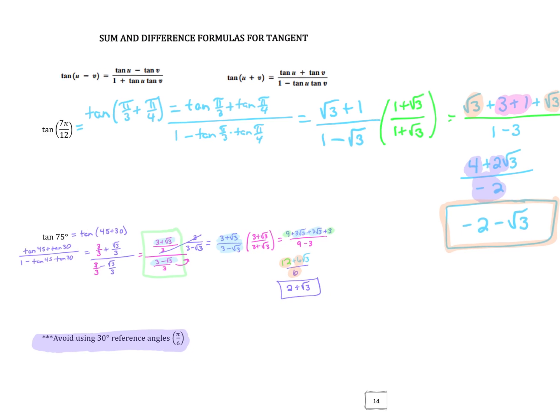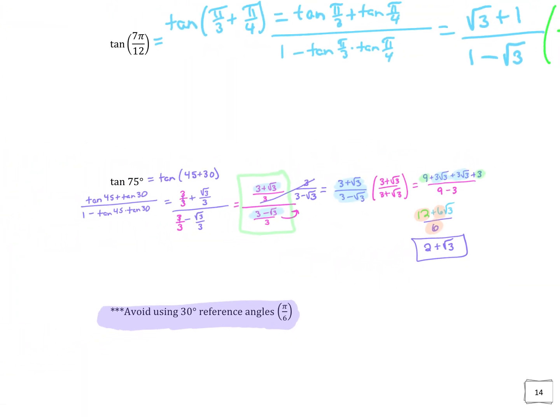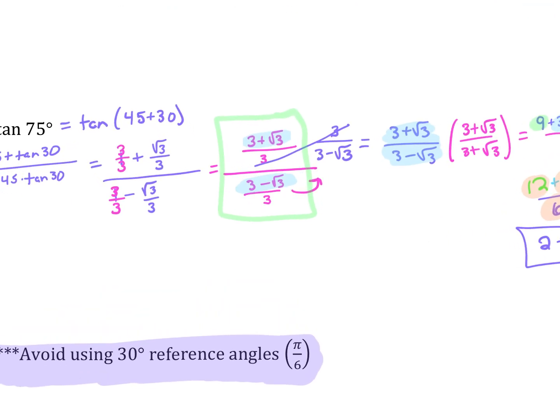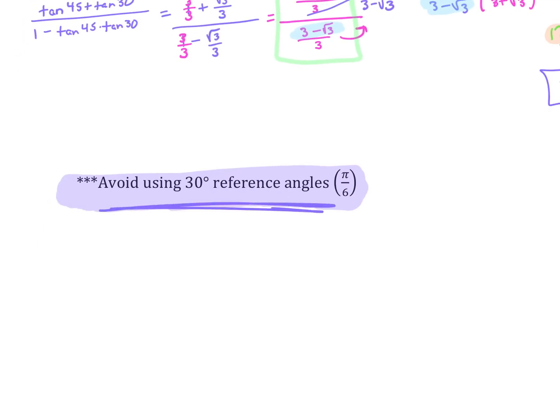So once again, our answer was still a similar format, but there were a few more steps involved, right? In terms of dealing with the extra fractions. So that's why I gave you this note about, if possible, avoid those 30-degree reference angles, those pi/6s and stuff, right? Okay, on to the next page, a little bit more that we're going to look at there,